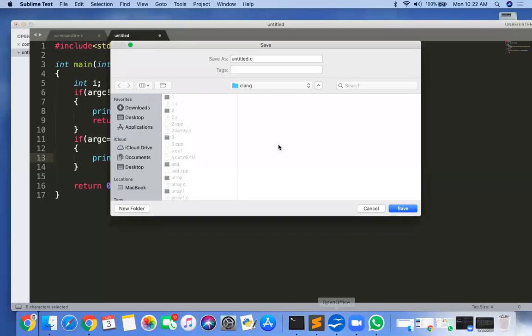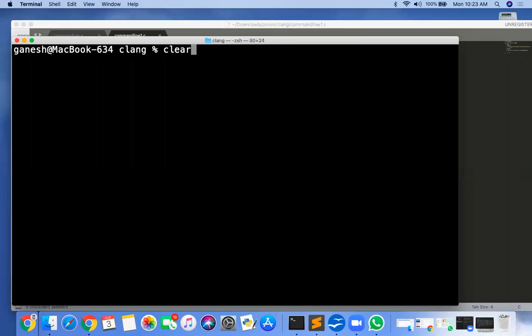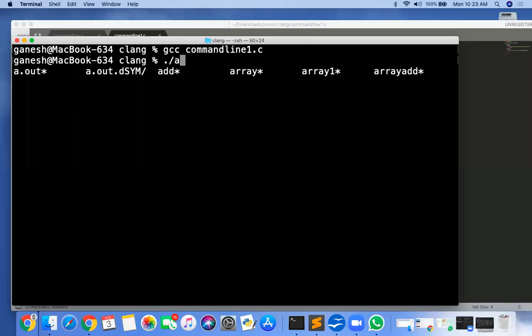We will try to run this program. Command line 1.c. First I need to compile this program, then ./a.out.